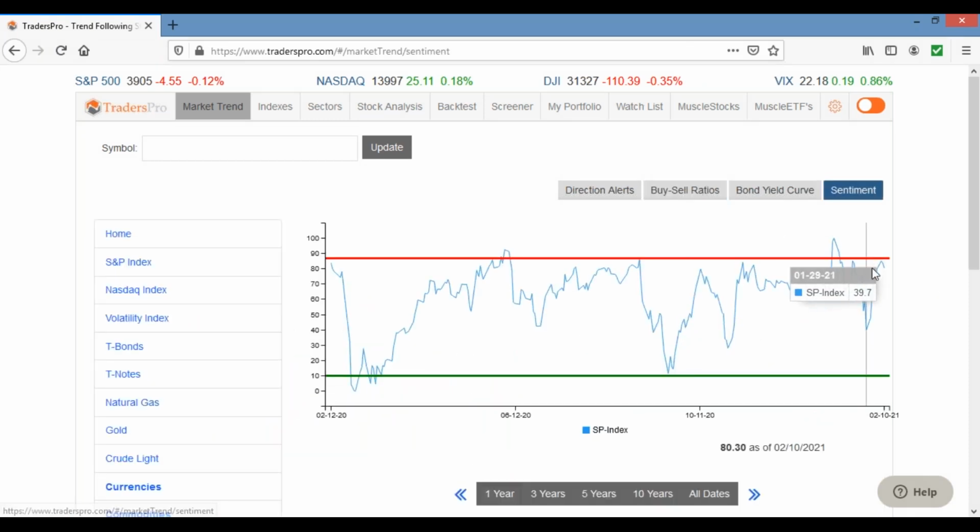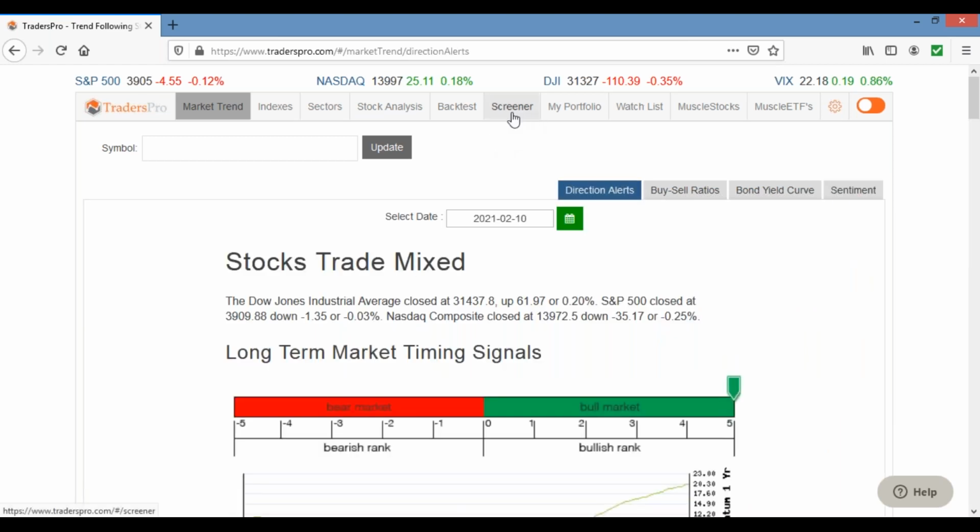Sentiment was getting close to that extreme range and backed off a little bit yesterday. It should back off a little more today when that updates, with the way things are going. Today's been kind of a roller coaster ride, all over the place. But let's take a look at